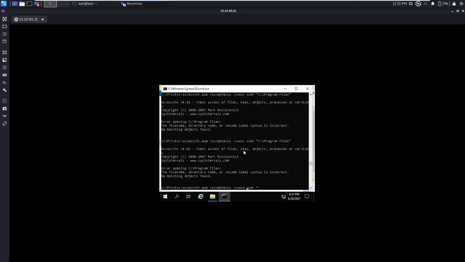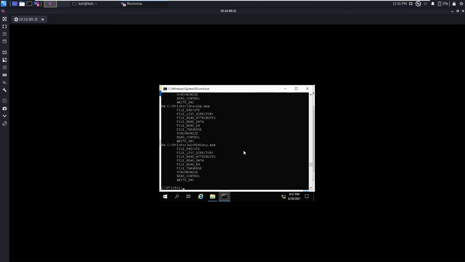So this will find all services. So you can see we got a bunch of binaries. So why did we get the binaries? Because we did not include the C flag. If you include the C flag, it will search only for services. So you can see now we have got only one service.